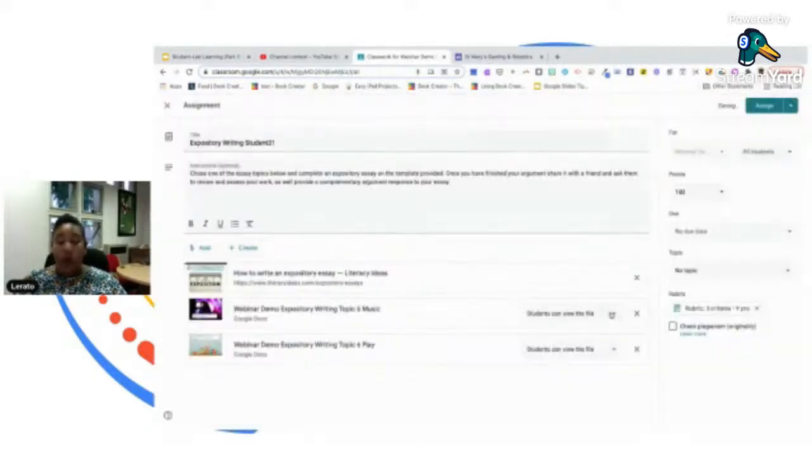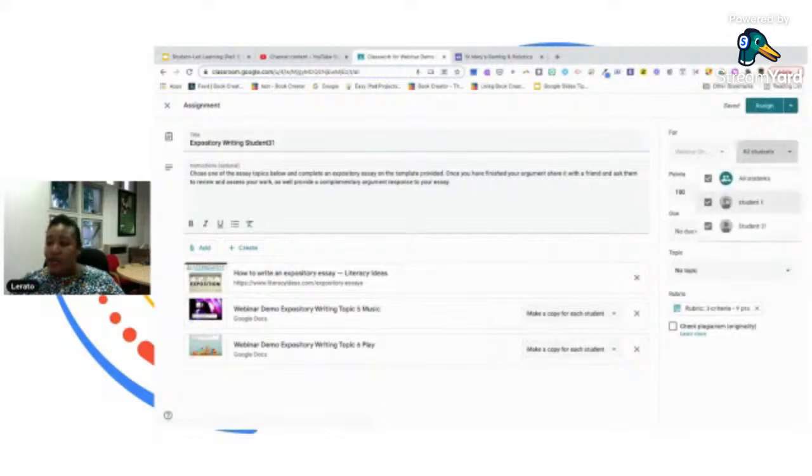Insert. Always remember, it's important to make a copy for each student so they also have the work. And if you go right here, this is where if you assign, you can assign to a specific student. Student 31, I've already assigned to them. I don't want them to see what I'm assigning to student 1. This is student 1's work, and this is me